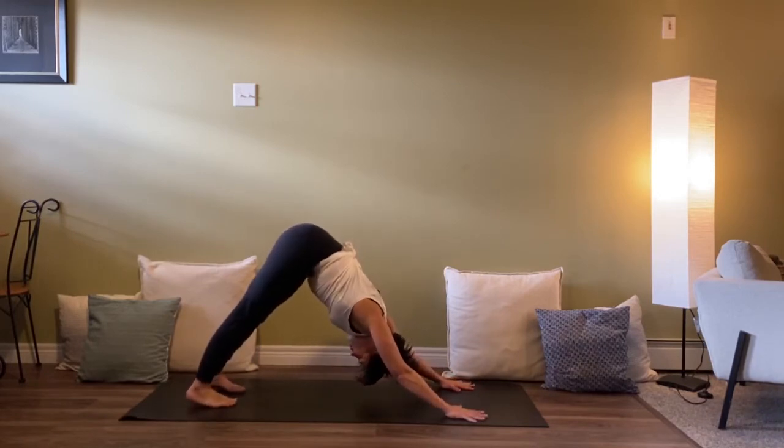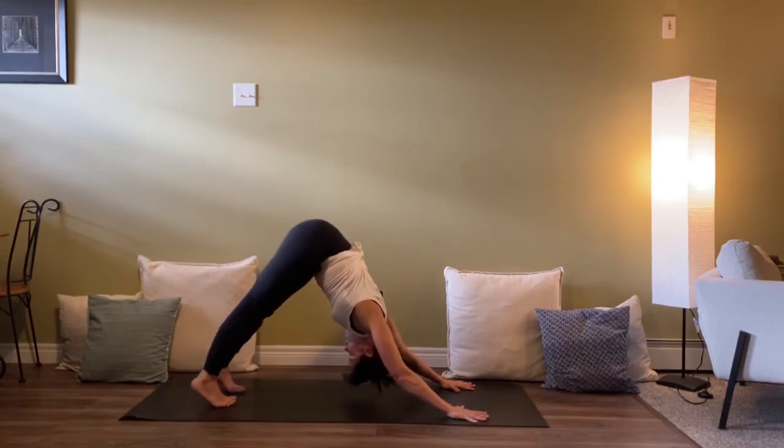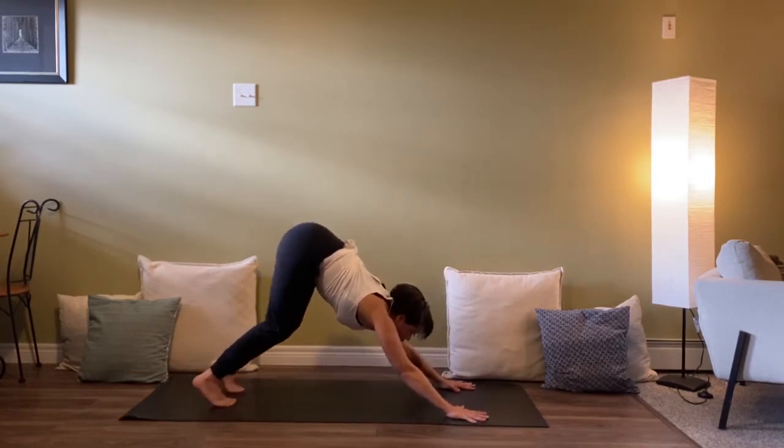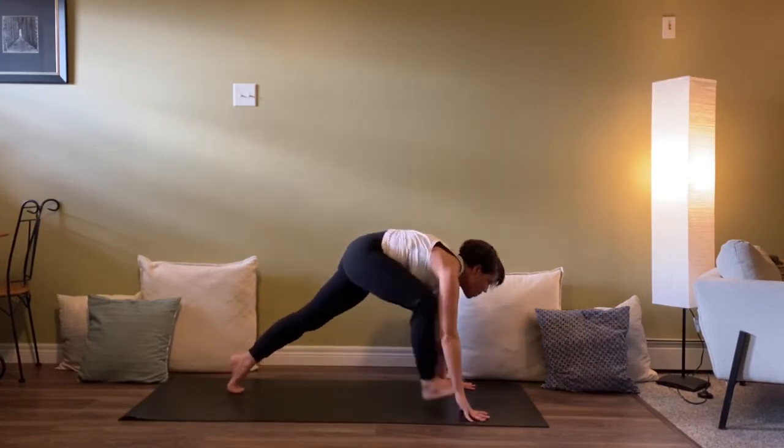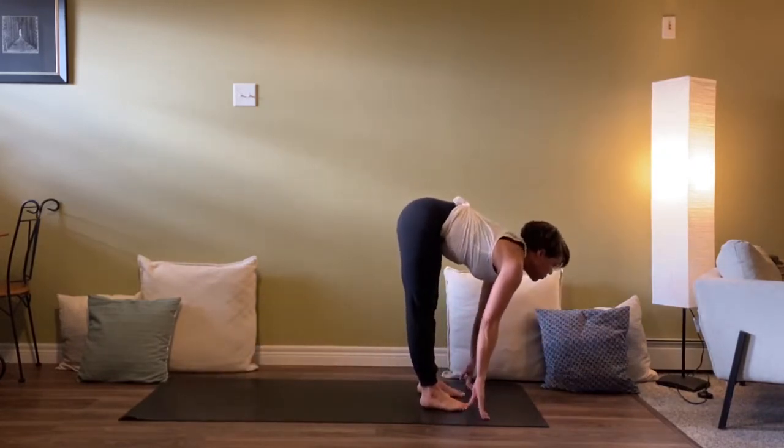Big breath in. And empty, right? Find the pause. Don't worry about where we're going. Next inhale, heels lift, knees bend, look forwards, walk, step or hop, top of the mat. Halfway lift, fold,